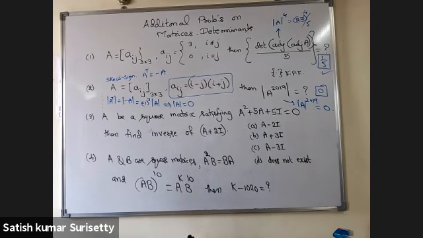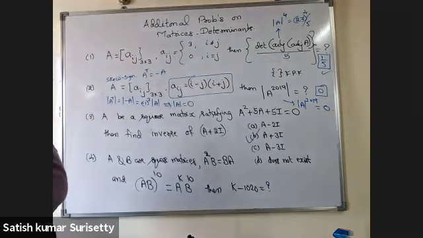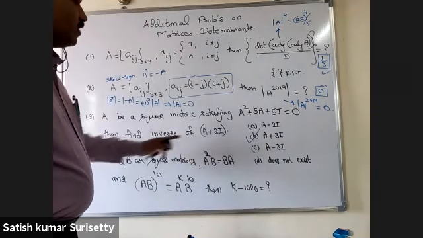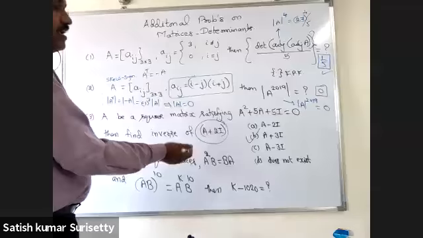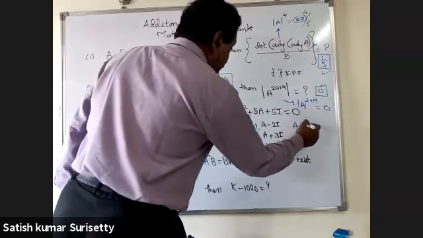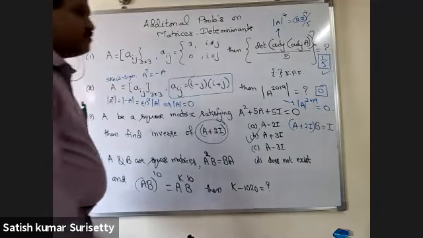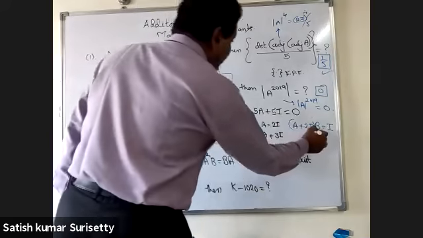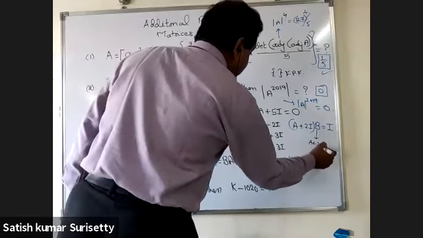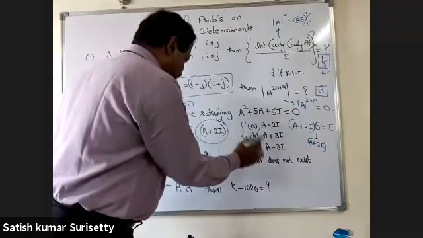Next, third problem. What's the answer? A plus 3I. Yes. Correct. That is how to identify, because we need to calculate the inverse. That means when you want to find the inverse of this, either you divide this with A plus 2I or you need to identify A plus 2I into some matrix B equal to I. That means when I divide A square plus 5A plus 5I with A plus 2I, what is B I will get as? A plus 3I. Then equal to I will get. Or else you can go with the options directly.